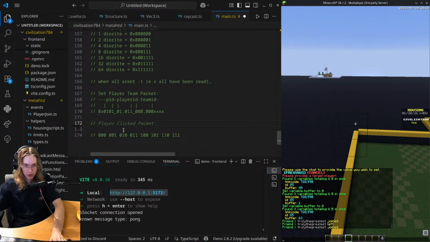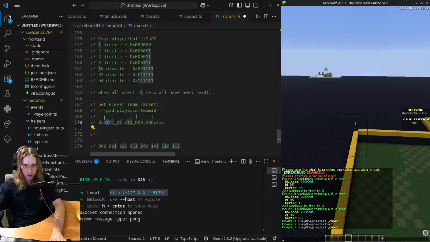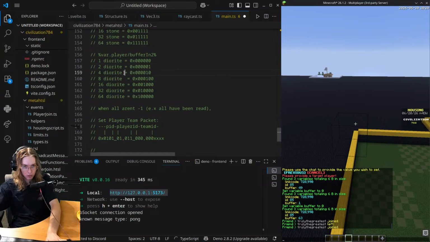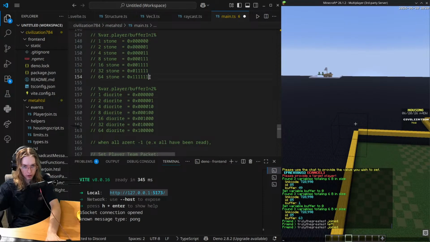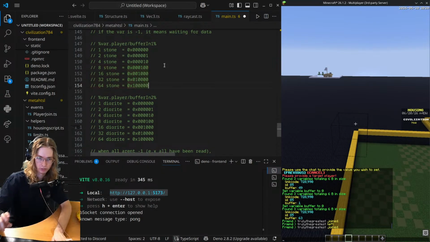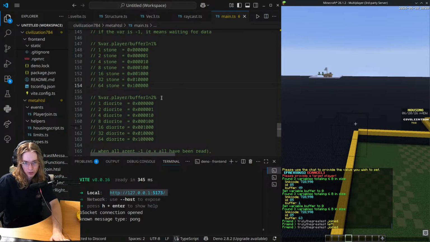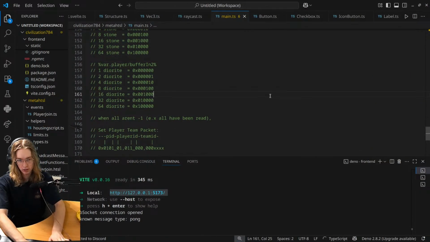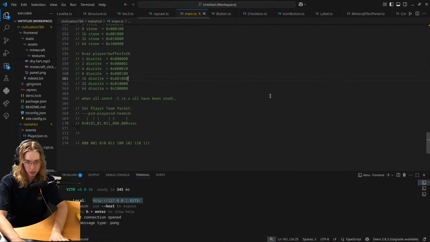So for this, it would be, oh wait, we did this wrong. 1, 2. Boom, boom, boom. Okay. Oh wait, we did this wrong. Hopefully, if we clutch, Copilot will. So for this, if we want to send this specific packet,